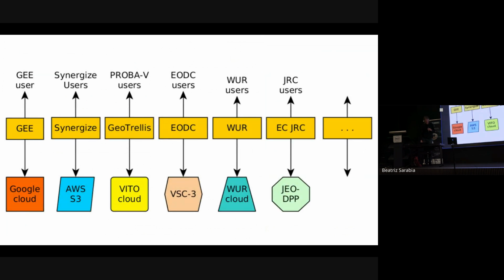So we ended up in the situation 10 years ago where we had all these groups doing platforms and doing big data in different ways. Some in public clouds, like Sinergise with the Sentinel Hub, and Google Earth Engine on Google Cloud, and then VITO and so on, and some on private clouds. And that would basically work for the group